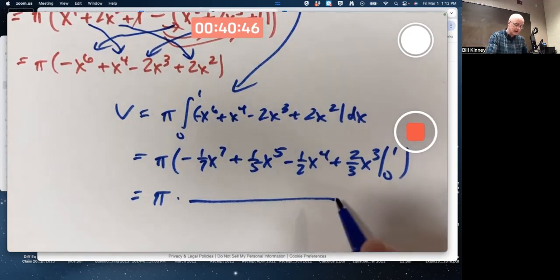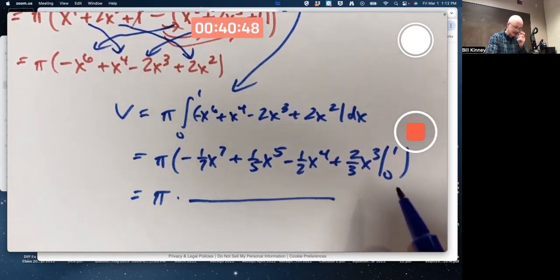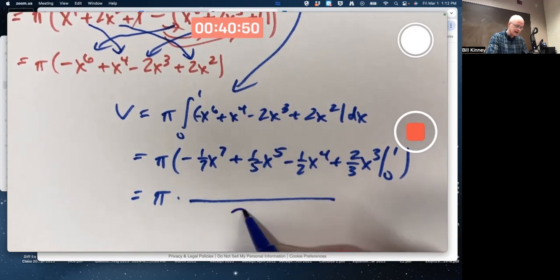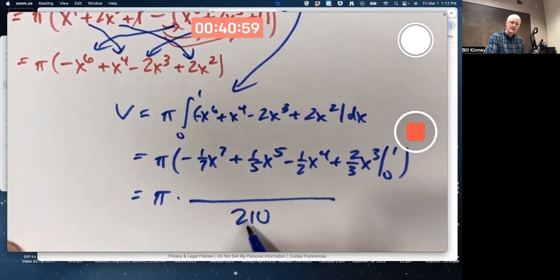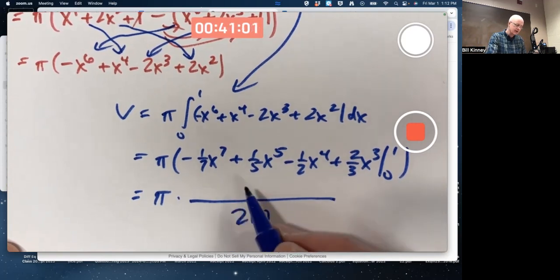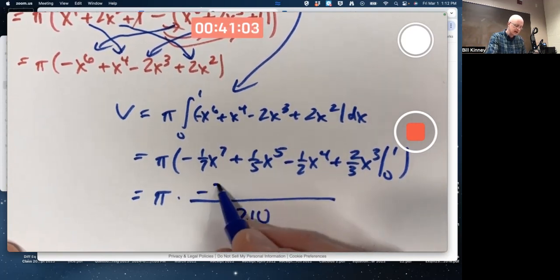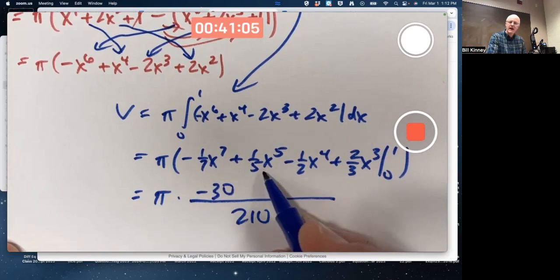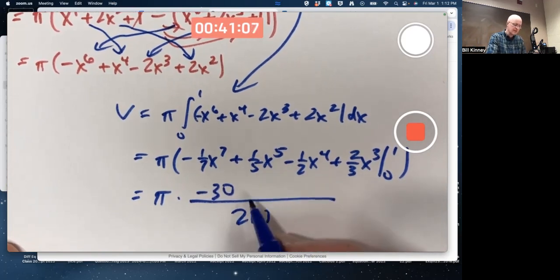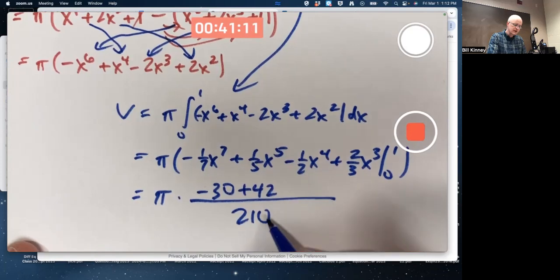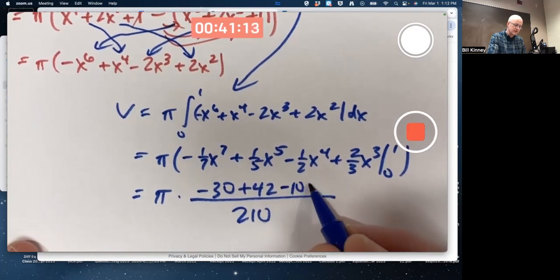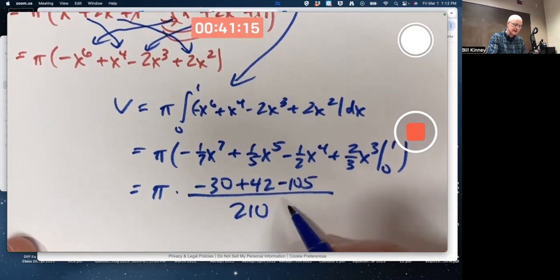What's a common denominator? 2 times 3 times 5 times 7. 210 is a common denominator. Let's see. 1/7 as a fraction over 210 is 30 over 210. So I also have a negative sign. 5 goes into 210 42 times, so I get a plus 42. 2 goes into 210 105 times, so I get a minus 105. And then 2/3 is the same as,